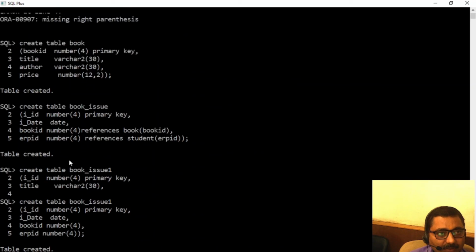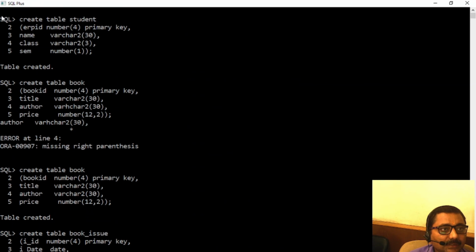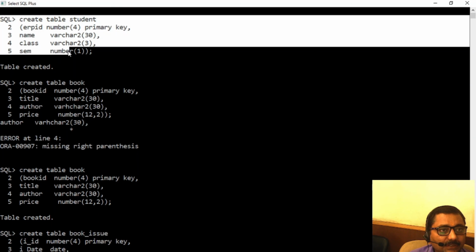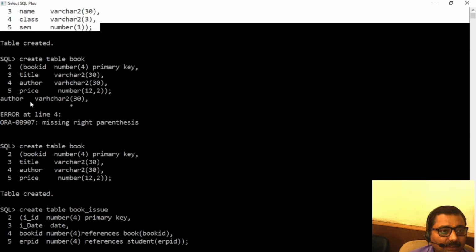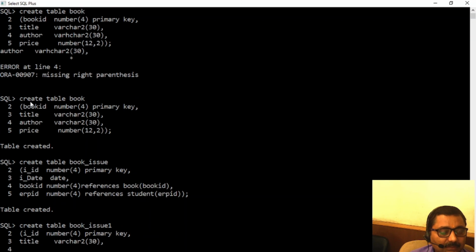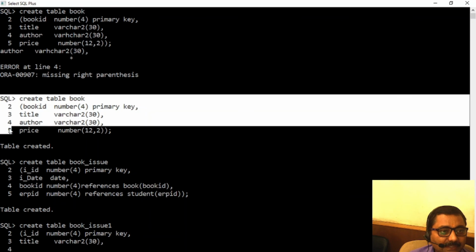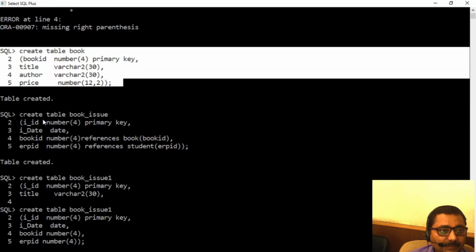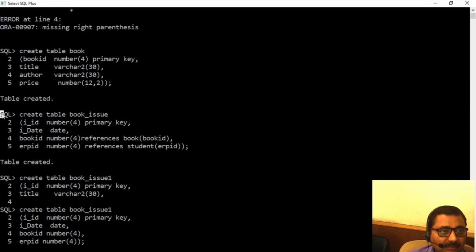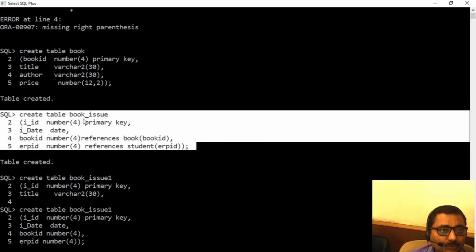What we have learned, let's revise. First of all, you need to create a master table with a primary key. And for a more detailed experience, I have created a second master table, that is book. And then I have created a detail table, its name is book issue.